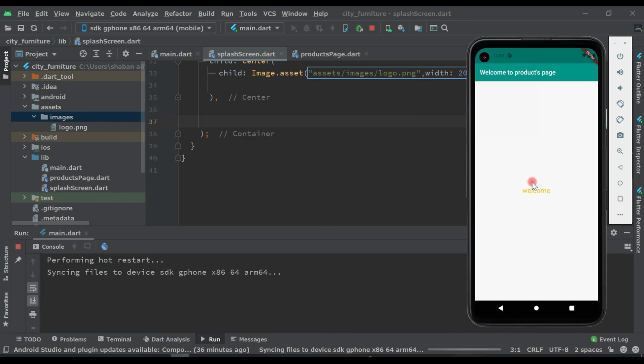Display screen, and now we are on our product page. If you increase the seconds, we will stay 5 seconds. Just come back and rerun again.